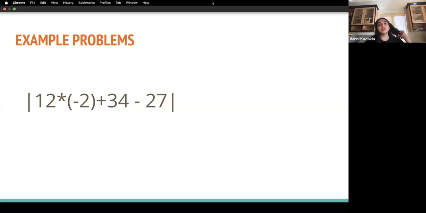Okay, I'll give you guys another minute or so before I go over the answer. Just remember that when the expression is in the absolute value, it's always positive. So even if the answer to 12 times negative 2 plus 34 minus 27 is negative, your answer will always be positive. And just make sure you also follow